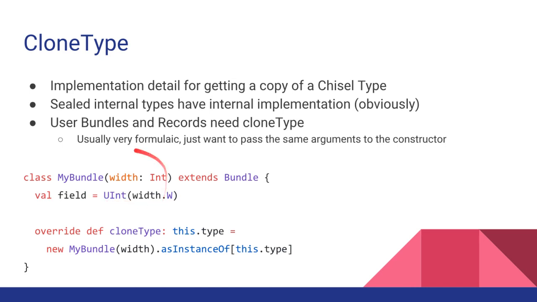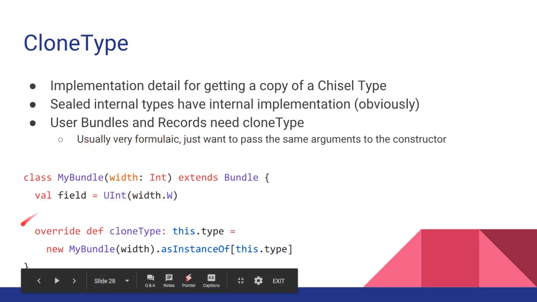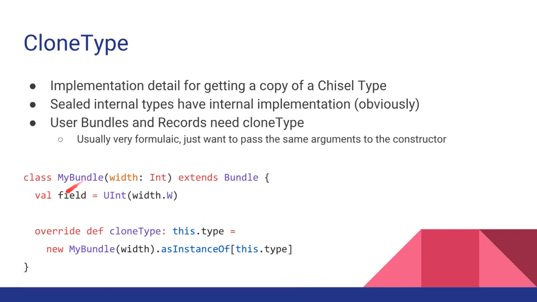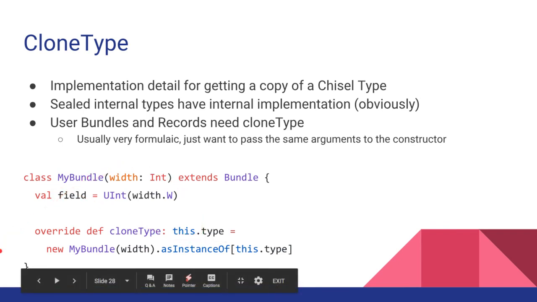The problem was we didn't know how to construct a new bundle, so you had to override def cloneType: this.type. This is a really ugly thing that I don't really want to get into. I think it's called the existential type or something like that. No, the self type. This is a special type that is the type for only this object, not this class. this.type is different for different instances of MyBundle. That's a really weird concept and it's hard to wrap your head around.